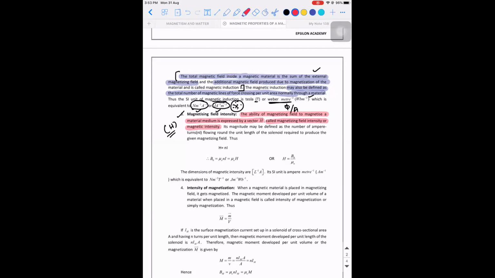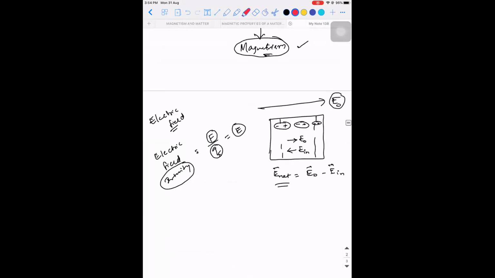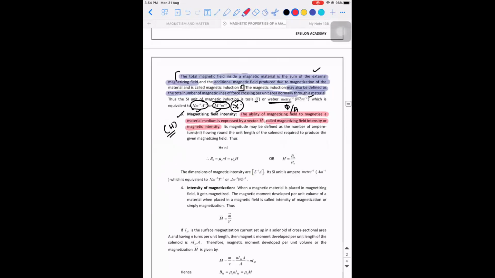Both the names mean the same. These names are similar to specific heat capacity and specific heat, they both are the same. In a similar way, magnetizing field intensity or magnetic intensity, they both are the same, and it is represented by the symbol H. I hope it is clear. In all the definitions, the first part speaks about the theoretical way of approaching it. There will always be an alternate definition, and the second part mainly speaks about the mathematical way of approaching.